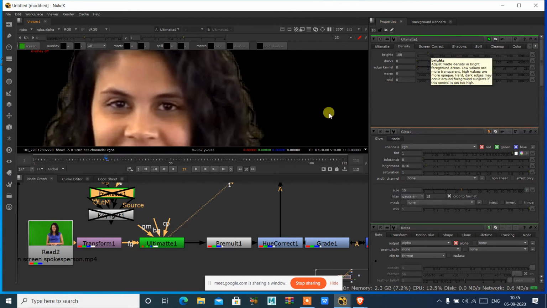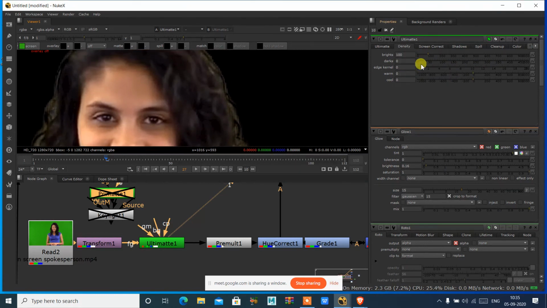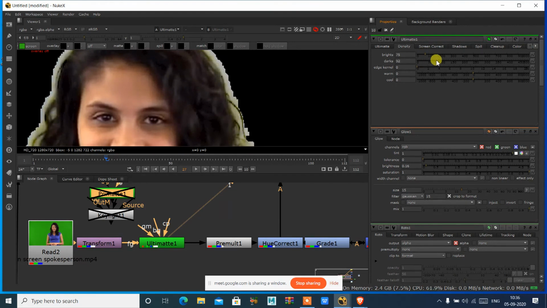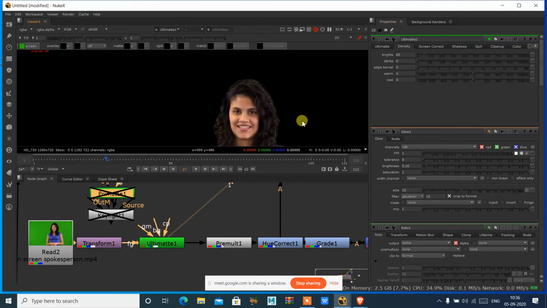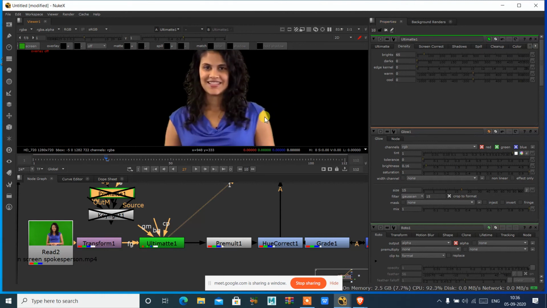Same tools: inside Keylight it is called clip white and clip black, here it is called darks and whites. Anything you need to adjust, you can see this, and clip black. When I am adjusting that clip black, you can see what we are doing over here. So clip black and clip white, when you want to adjust it, you can adjust it inside the scene to clean that properly.